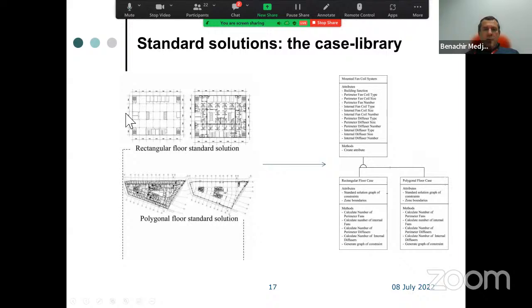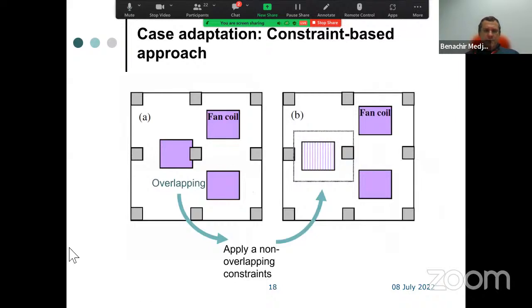Now, when I have, for example, a square building problem, and I retrieve a solution for a square and adapt it, the solution will not be 100% good because I just use a grid and put my equipment there. What will happen, and this is where case adaptation comes in, is that I will have a lot of problems, such as overlapping between a fan coil and a structural element, column or beam, whatever.